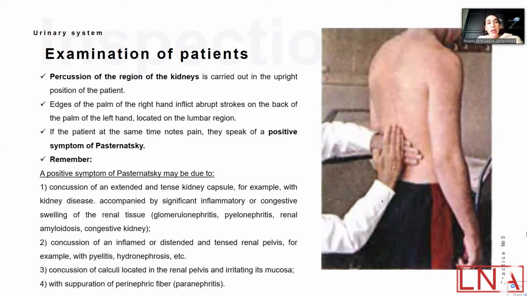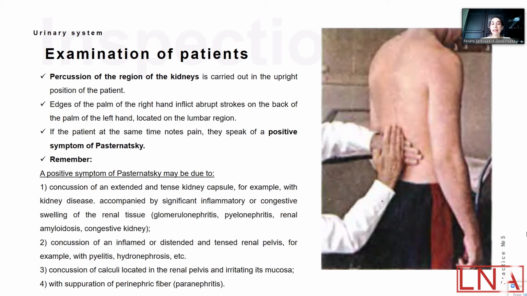If the patient at the same time notes pain, we can assess it as a positive symptom of Pasternatsky. Pasternatsky is the author of the symptom; positive or negative symptom of Pasternatsky, or symptom of tapping. A positive symptom of Pasternatsky may be due to concussion of an excited and tense kidney capsule, for example with kidney disease accompanied by significant inflammation or congestive swelling of the renal tissue: pyelonephritis, glomerulonephritis, urinostasis, congestive kidney,